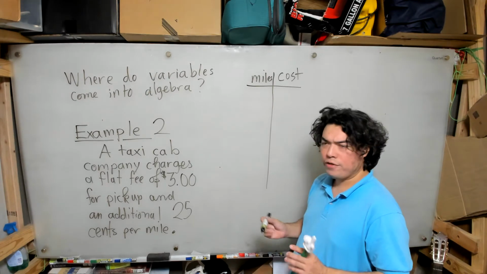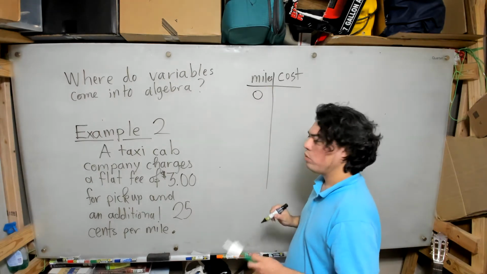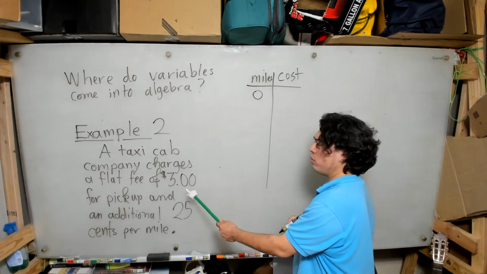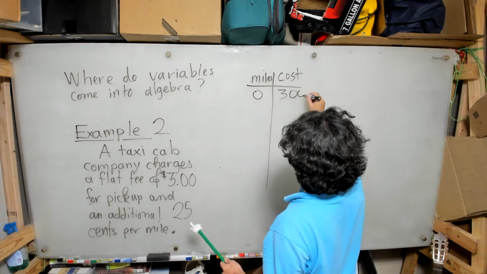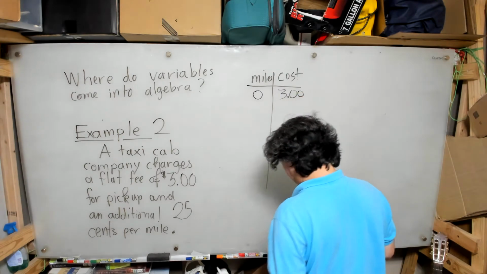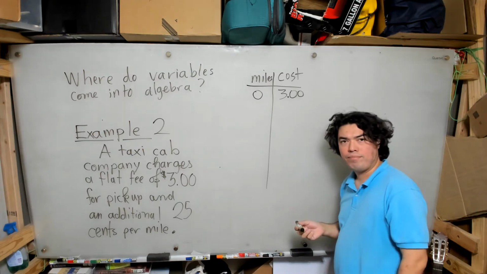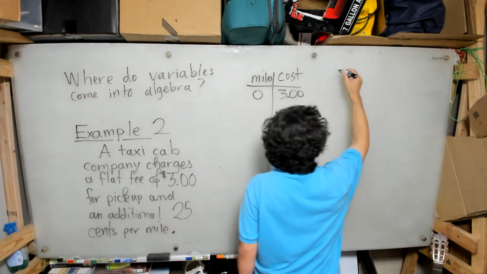So the first part of this table is straightforward. It's going to be 0 miles. Well, if we went 0 miles, but we got picked up, then it's $3. Okay? So that's the first one. That one's the easy part. What if we go 1 mile? Okay, if we go 1 mile,